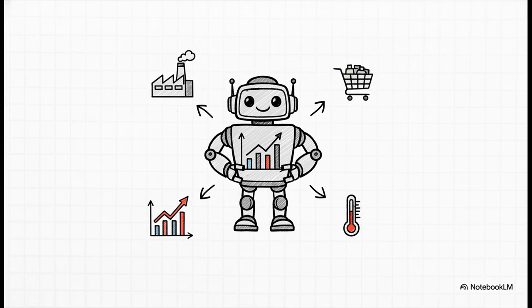Now, I know what you're thinking. Simple. But seriously, do not let that word fool you. This algorithm is an absolute workhorse because it's so easy to understand and the results are so clear. It gets used everywhere. It's almost always the very first thing a data scientist will try on a new problem.